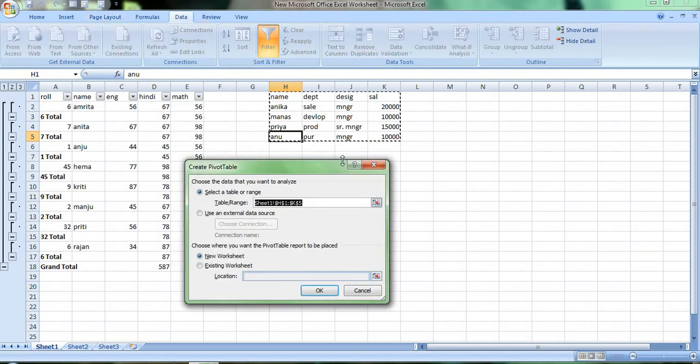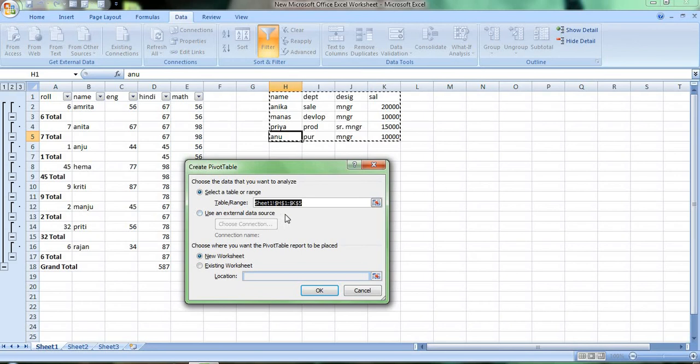See, my table got selected. Now what I have to do, it has taken all these, perfect. If it has taken the range, I just want to create a pivot table for this range from name to 10,000.